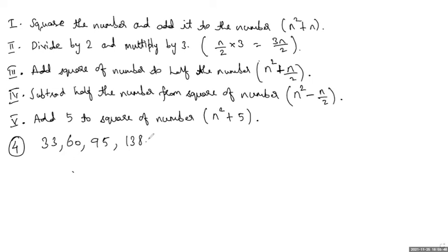Again, same procedure, but just now with the previous question only we checked, right? So we saw this number 33. Where did we see it? We saw it in n square minus n by 2, n is equal to 6. Check this. What is 6 square minus 6 by 2?